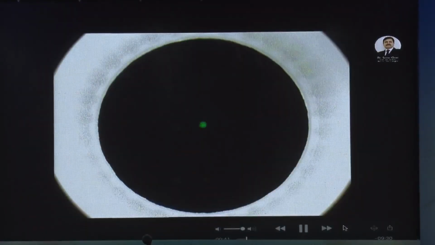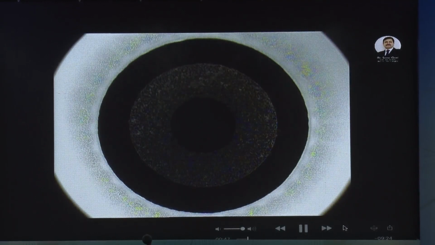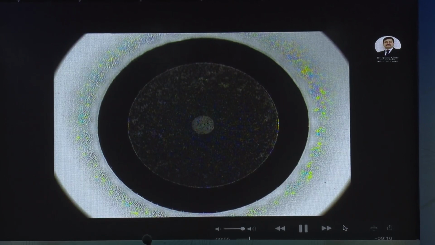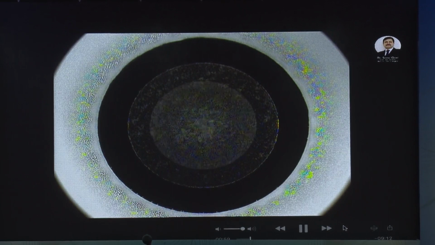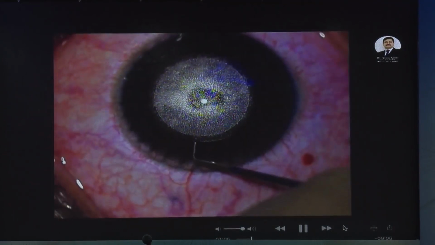cut. So the patient is taken under topical anesthesia. The patient is docked under VisuMax. It's a very gentle docking. The patient can visualize this green blinking light. And you see the first cut, this is the lenticule cut. It goes from periphery to central. If you see the side cut, and then the cut, this is the flap cut which moves radially across. And then you have a 2.5 millimeter flap side cut.